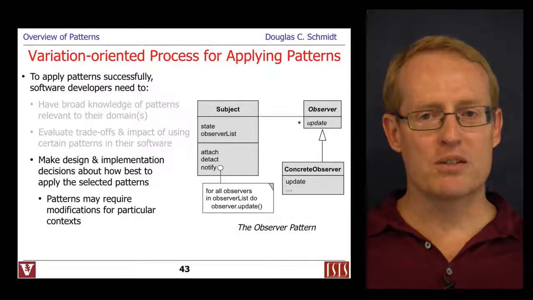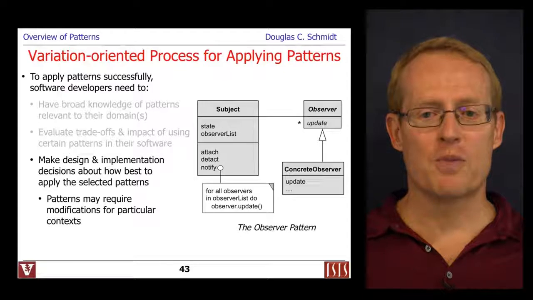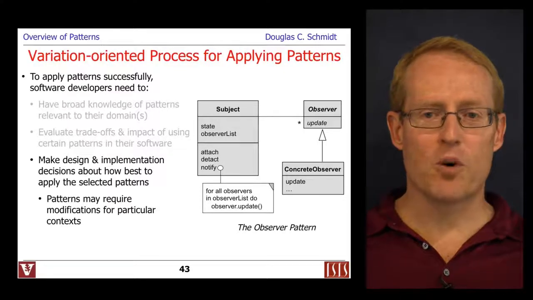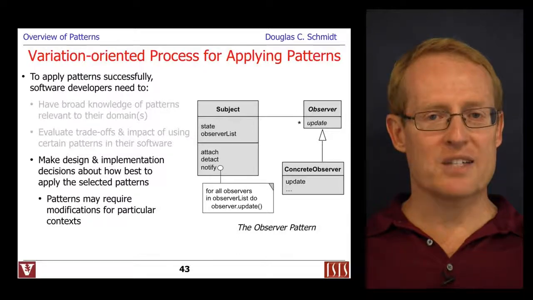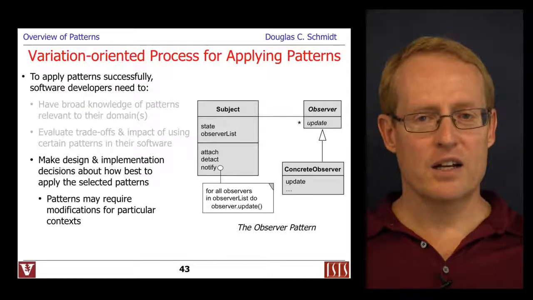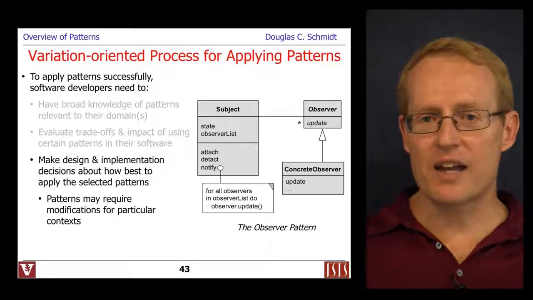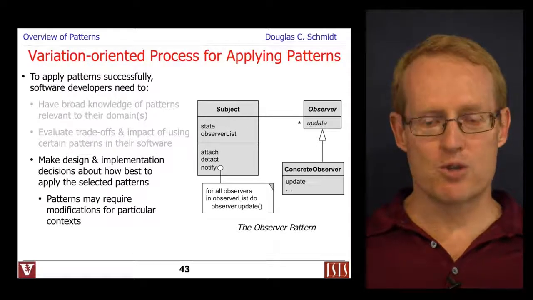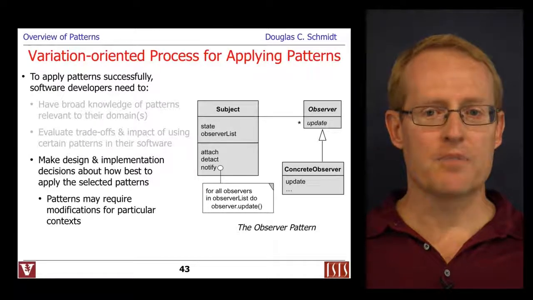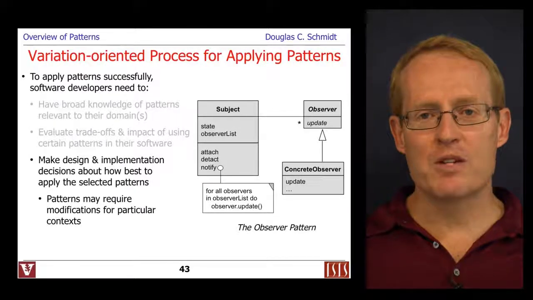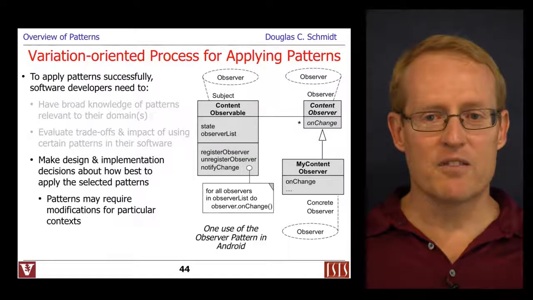Let's go back and use our observer pattern for a moment. So we all saw the observer pattern before. You've got a subject and an observer, and the observer is an abstract class, and you subclass from it to provide concrete observers. And in the canonical Gang of Four observer description, you'll have method names like attach, detach, notify, and update. But now let's see what might happen if we start playing around with Android and the various frameworks